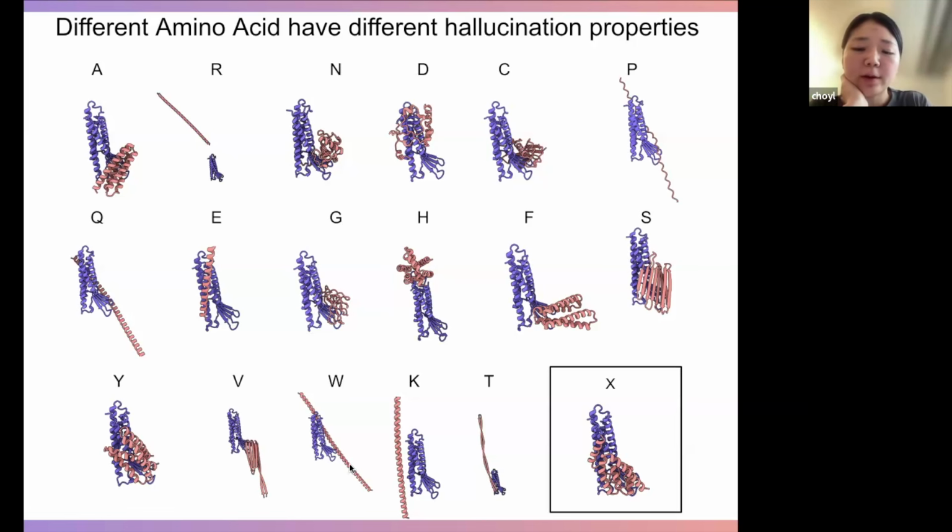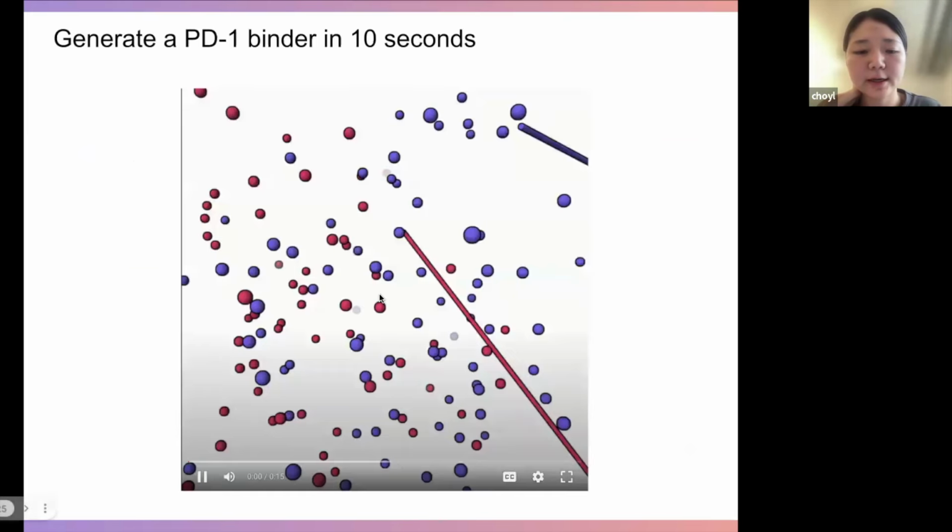So we assumed that maybe throughout this training process, the model learned X is somewhat a protein-like token, but it hasn't explicitly learned any amino acid specific feature. So it has minimal bias toward the specific features of an amino acid, but can still fold into a good looking structure. So we just played around with this X token to see whether we can generate a binder, or just a single monomer protein, or a protein that binds to a small molecule, etc. Everything like the works that are similar to BoltzDesign. So yeah, this is